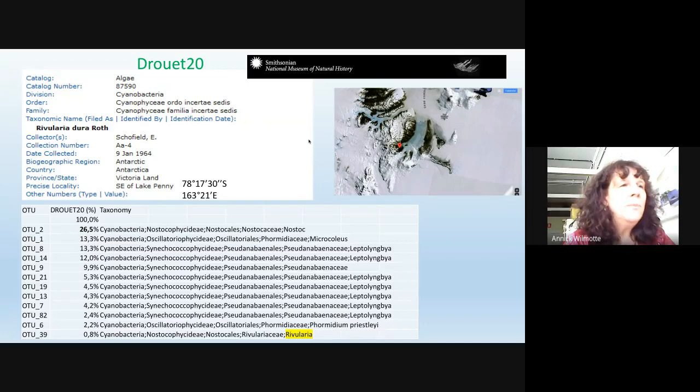And the Rivularia, which is supposed to be, at the next click, you will see it, which is supposed to be in the sample, is present, but at a quite low abundance. But maybe it's also a case of patchiness of the sample, because finally it is there, and Rivularia tend to make small balls. So it may just be patchiness.